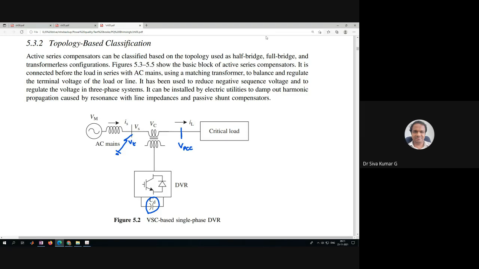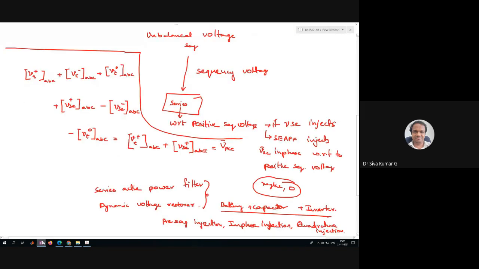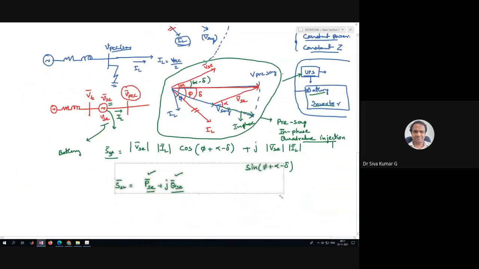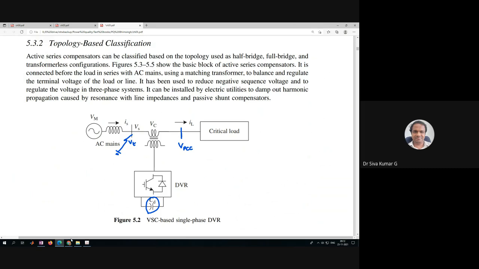It is not like a single capacitor, because the DVR is going to inject real power as well as reactive power in correcting the voltage. That's what we have seen earlier. This is the equation of the power which is injected by the series active power filter. There is a PCC. If this power is being injected, then the capacitor cannot sustain it for a longer duration. The capacitor discharge rate will be within a half cycle also. It will be discharging at a very fast rate.